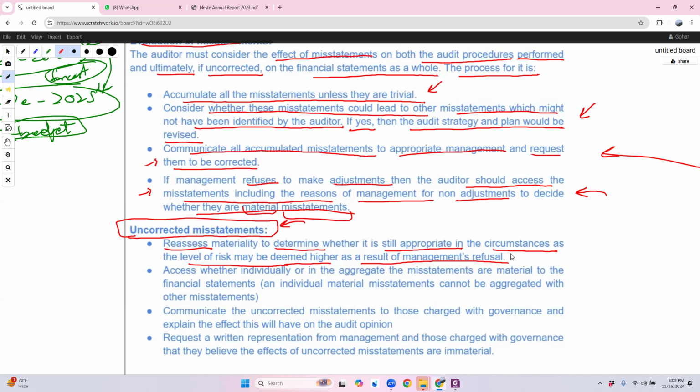So after this, when the management refuses to adjust the misstatements, you again go back to calculating the materiality, and you find out, should we reduce the materiality? And remember, if you have to reduce